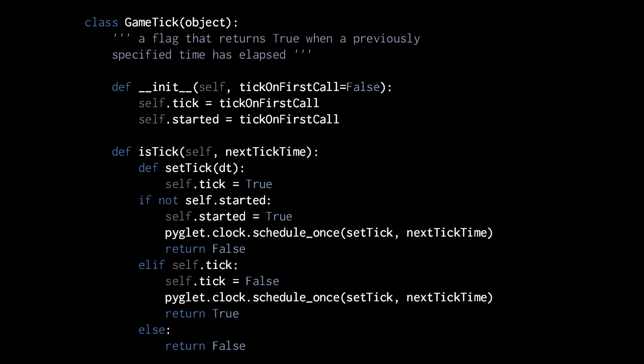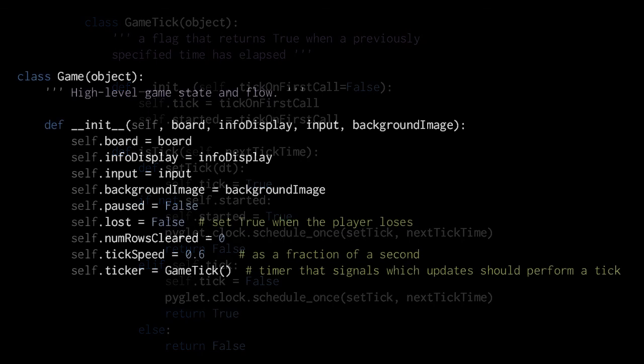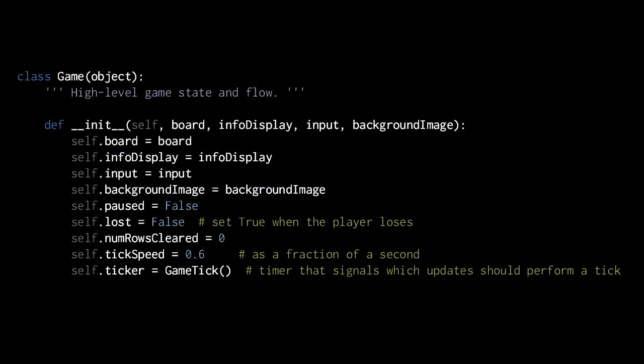If we desired, though, we could change the next tick time on each tick, so we could have our Tetris game speed up as the player clears more and more lines. That's a feature I've omitted, but it would probably take only a few more lines of code in our game class. And looking finally at the game class, its constructor sets properties for the 4 parameters passed in: the board object, the info display object, the input object, and the background image. In addition, self.paused and self.lost are set to false, numRows cleared starts out at 0, tick speed is set to 0.6, as in 0.6 of a second, and ticker holds the gameTick object we'll use to trigger the board update